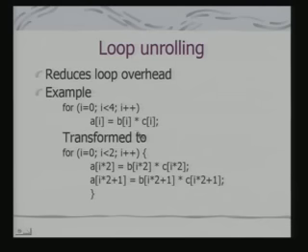So, let us look at this possible solution. What has been done here? I have reduced the number of iterations. In the process, I have used the array indices in a different form, multiplied by 2, and this is 2 plus 1.